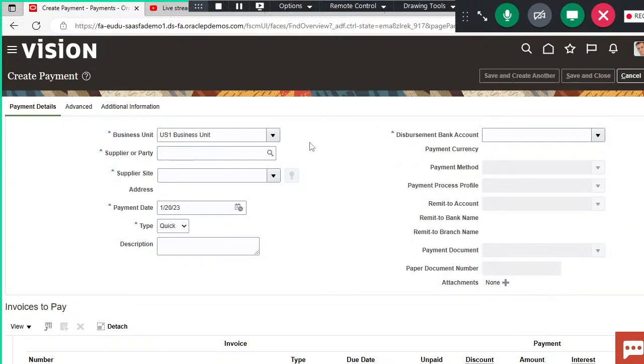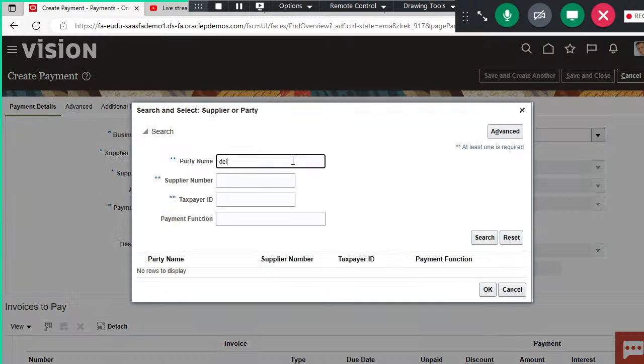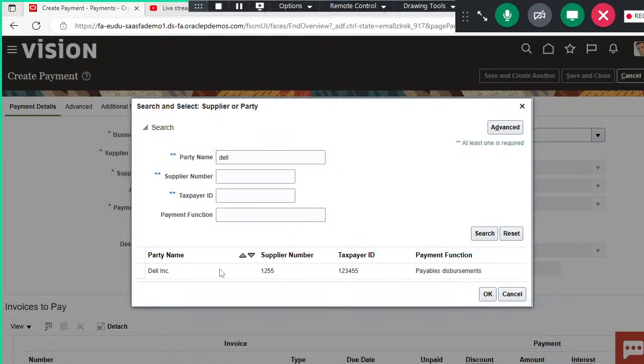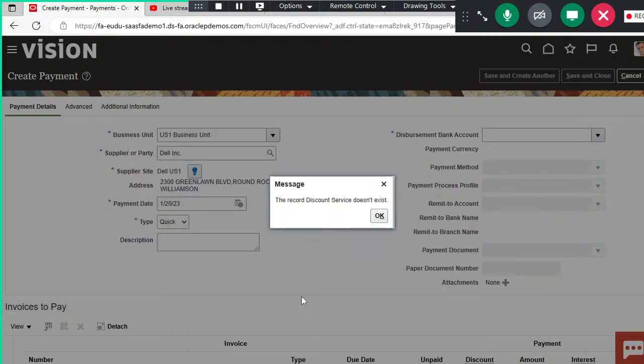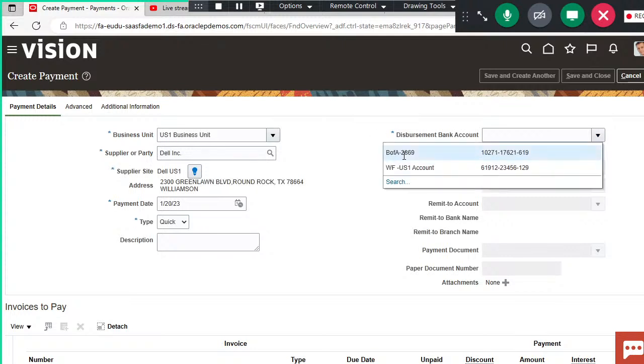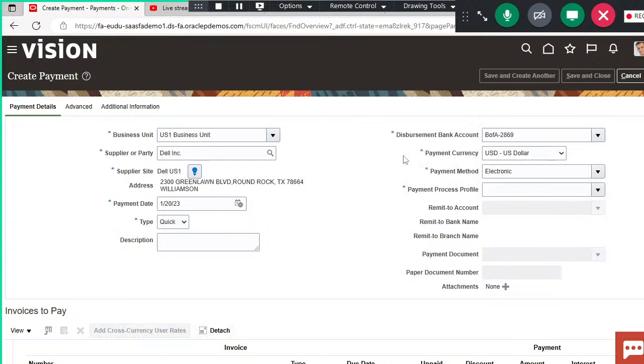Now for payment, what all information is required here? Business unit is coming. Then give your supplier name, a party name, let's say OK. And disbursement bank account is the bank account. As I've already said, I'm going to use this bank account, Bank of America, and accordingly payment currency and payment method which I have